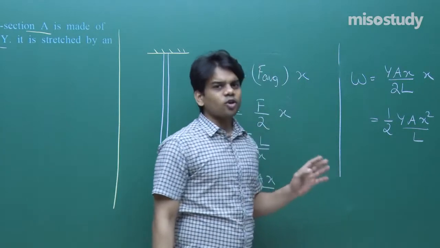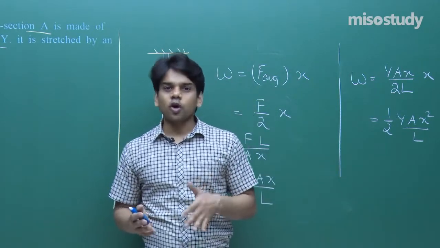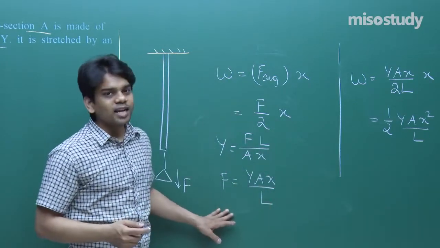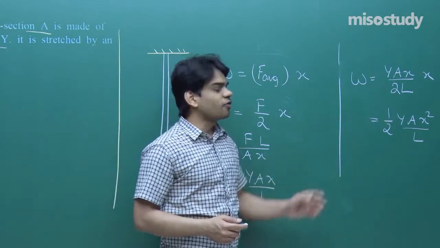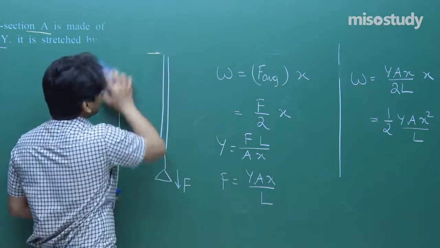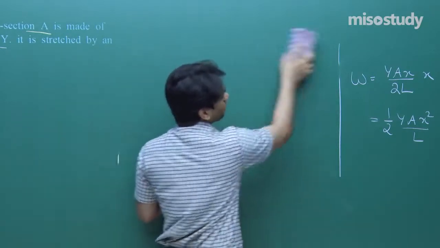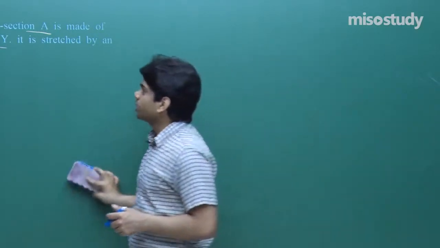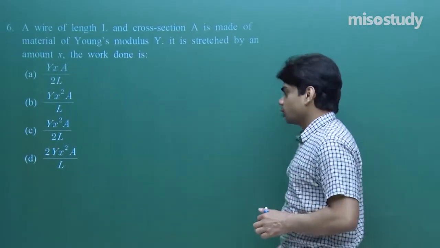This is just a short method in your objective examination. This is just a method you can remember to use the concept of average force. Although the force is variable, the average force you can take to be half of the net force that will be acting at the last point. So you will take that as F by 2. So F by 2 multiplied with x, you will get half YA x square by L. This will be the value of work done in this case when the wire is stretched through a finite length, that is x. So two methods: one with all these steps employed, and once the shortcut method that we have applied to reach this solution.